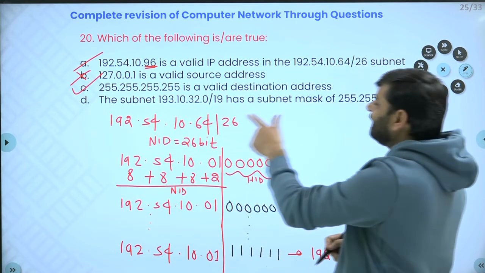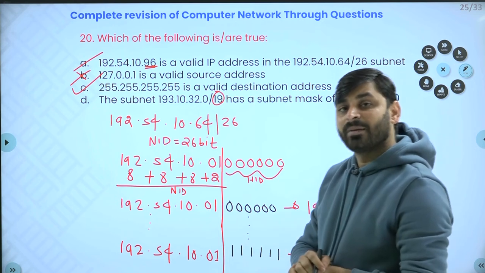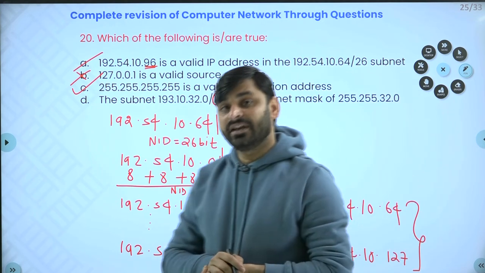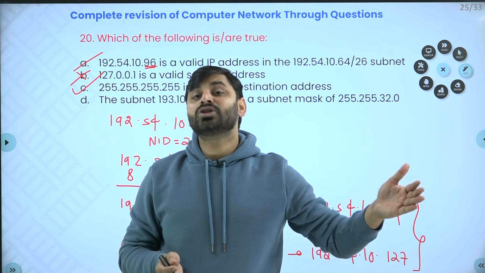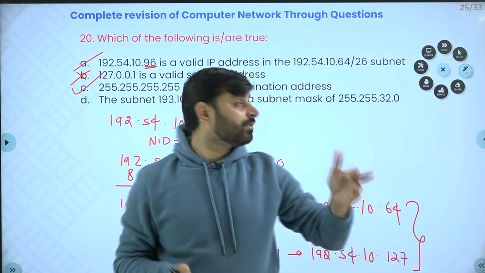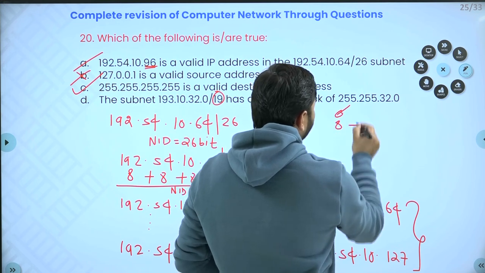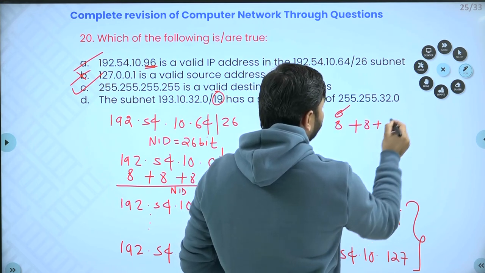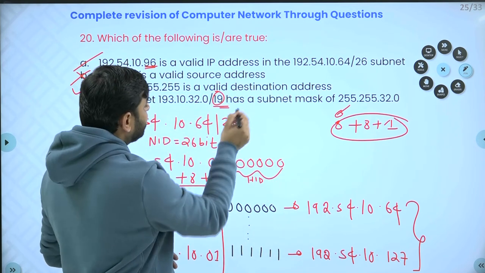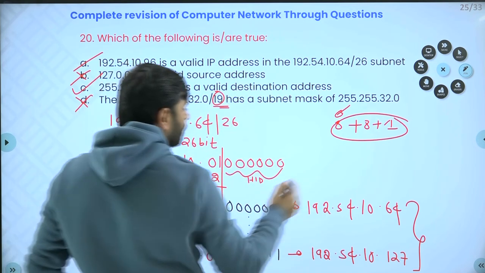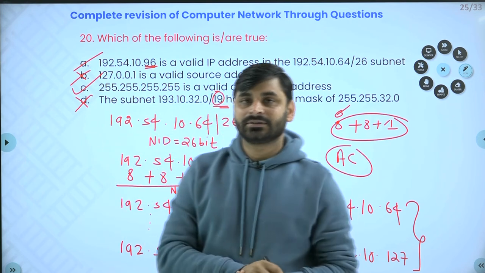The subnet number 19 has which subnet mask? If the slash number is given as 19, 19 means the network ID is how many bits? 19 bits. Subnet mask, how many ones? 19 ones. 19 ones means 255, 8 plus 8, 16, and 3 means 224: 128, 64, 32. What are they saying? 32. No. Because it is 8 ones plus 8 ones, 32 has how many ones? Only 1. So this is nothing but 17 ones. But the network ID is how many bits? 19. This cannot be the correct option. So the correct option for this is A, C. A and C will be the correct answer. Thank you.